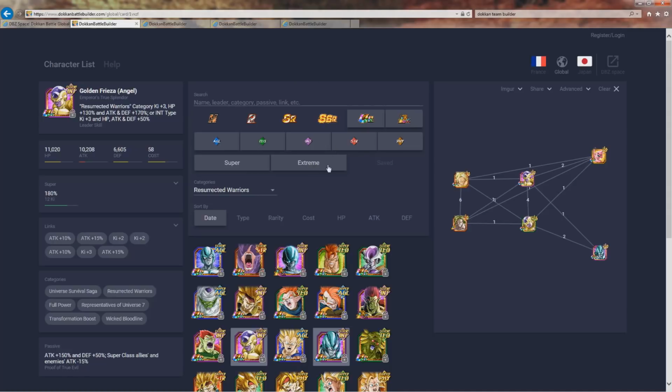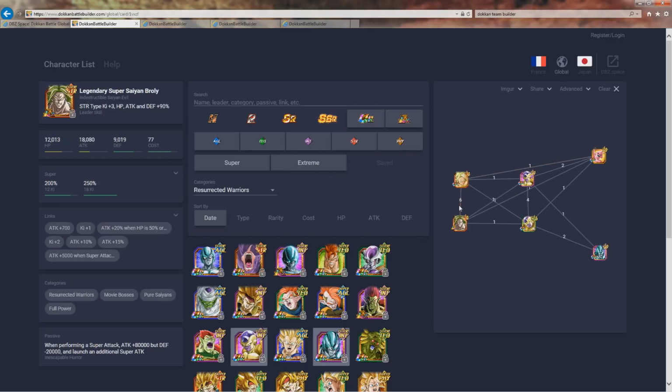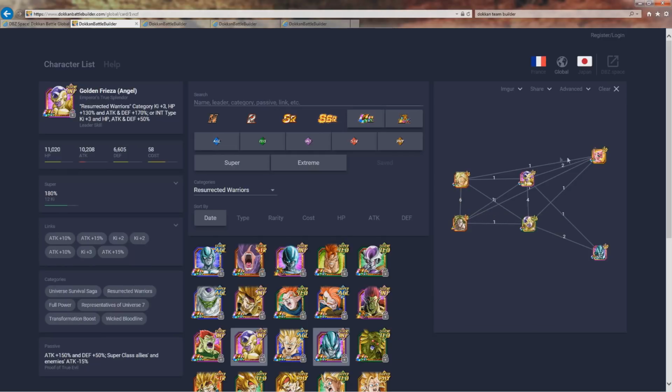It's extremely useful because it lets you sort by categories, rarity, typing, super versus extreme, and then when you're building the actual team, it tells you how many links are shared between certain units. So that I think makes this website extremely valuable, and I haven't really seen this feature on any other site that I've seen. But that aside, the first team that we're going to be taking a look at here is